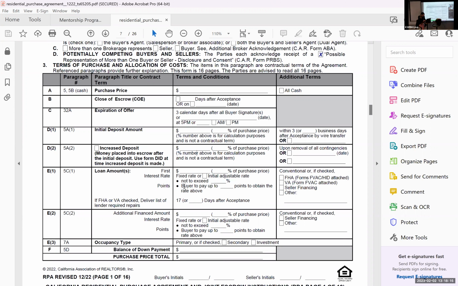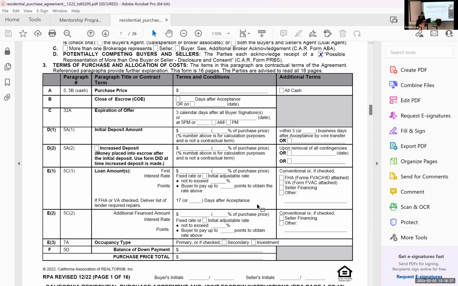All right, buyer to pay up to blank points to obtain the rate above. A buyer can actually pay a lender to buy their rate down. I never fill out this box. This has nothing to do with me. This is a separate agreement between the buyer and their loan professional, okay? Then we have